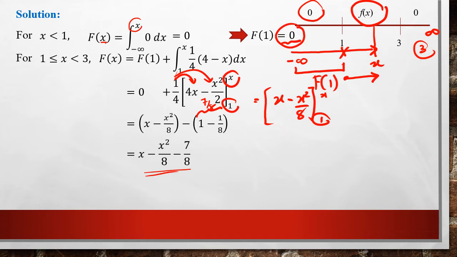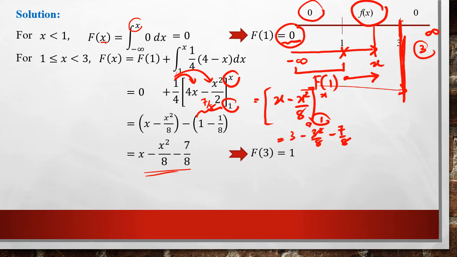And then after that, what do we need to do? We need to find the value at the upper limit of this interval, because we need it for the next one. Since the interval stops at 3, we need to find capital F of 3. If we substitute the value 3 here, we get 3 minus 3 squared over 8 minus 7 over 8, which is equivalent to 9, 9 minus 7 is 2, 2 over 8 is,